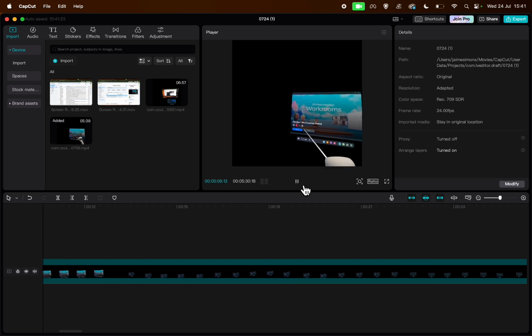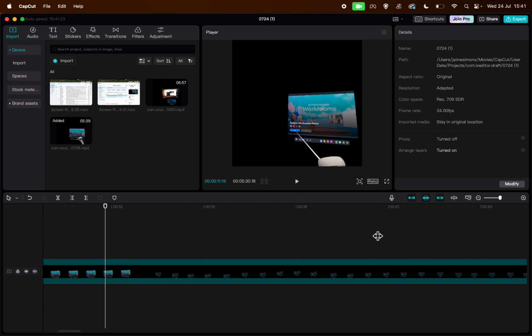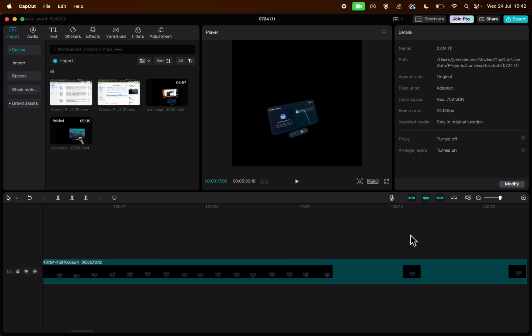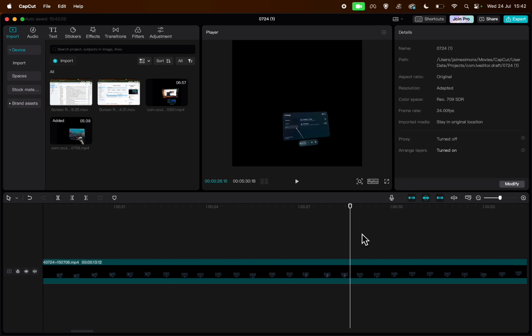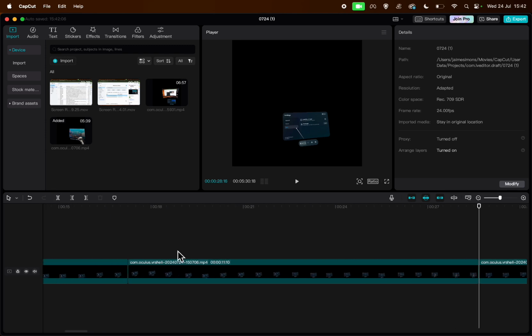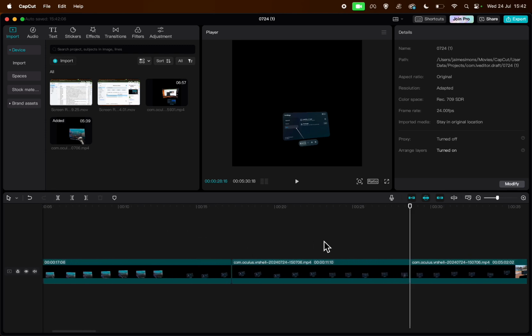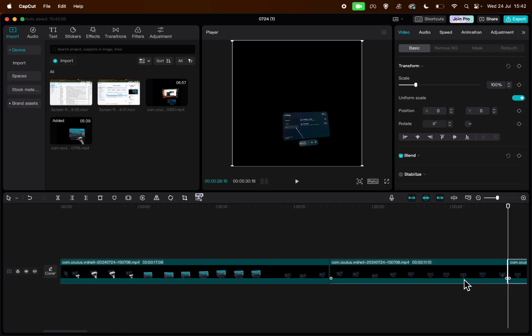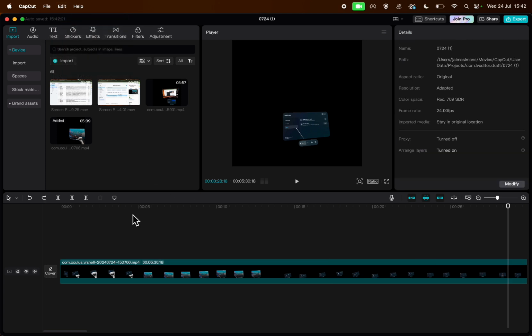That's kind of the very basis of clipping. So I wanted to do some more clipping. I could split that in half. Maybe I think this part's too long. I want to get rid of that. And then you can choose to delete just this section or that section or that section or whatever you want. Doesn't really matter. If you make a mistake, you can either go and click edit, undo, or redo, or use